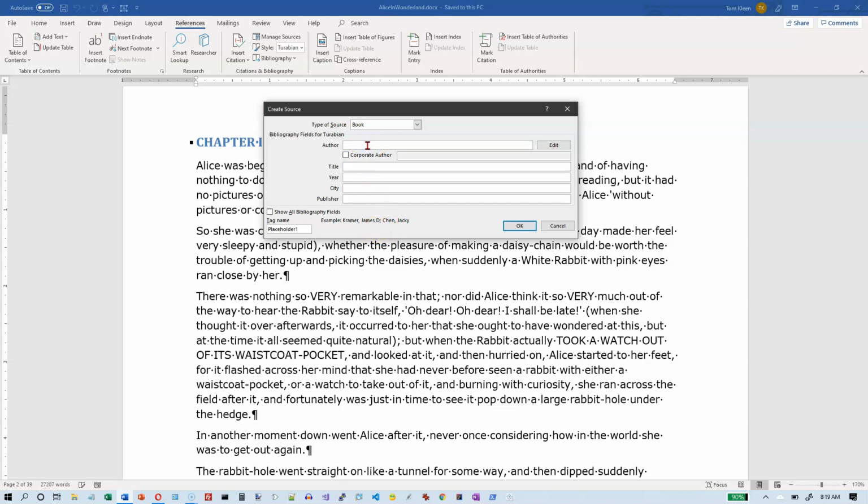So we're going to put Carol, although you probably wouldn't put the author of the document in the actual document as a reference, but this is just pretend. Title, the year, I don't know what year it was, we'll just pick a year. You can enter the city and the publisher,